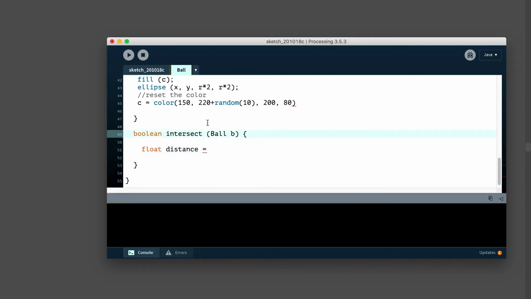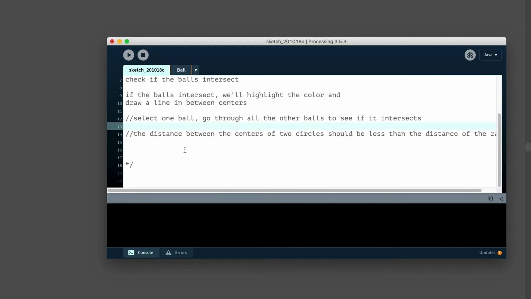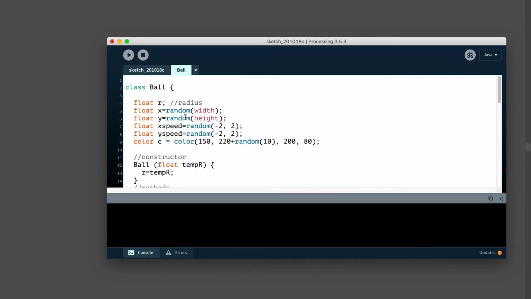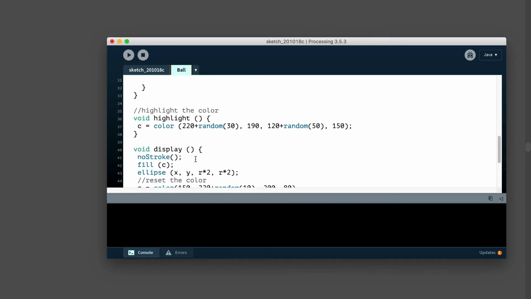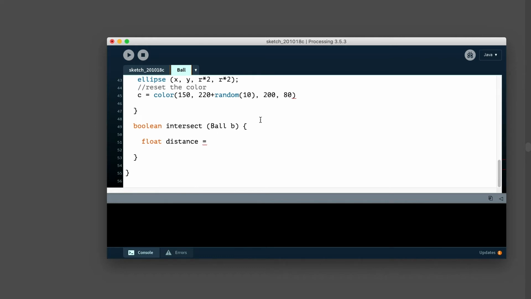So to go back, when we create this object, we've selected one of these, and then we'll pass in another ball and run this function and see if it intersects. So to find the distance, we'll use the distance function.